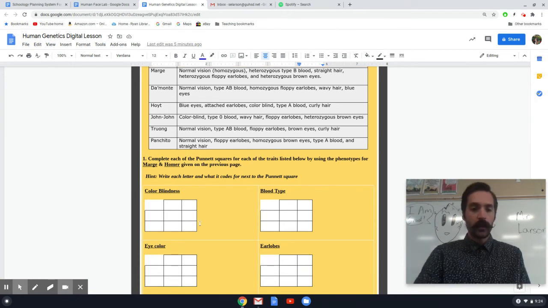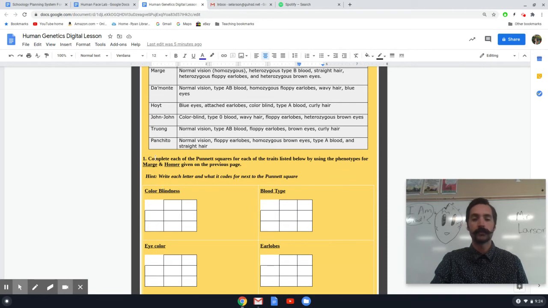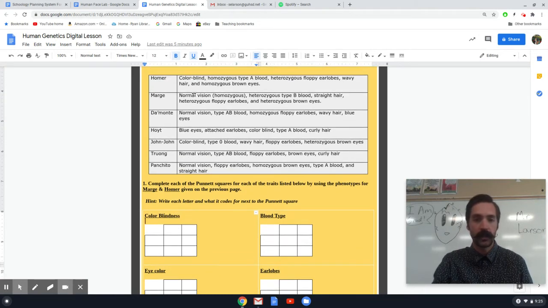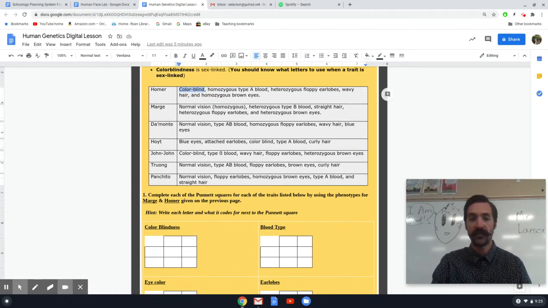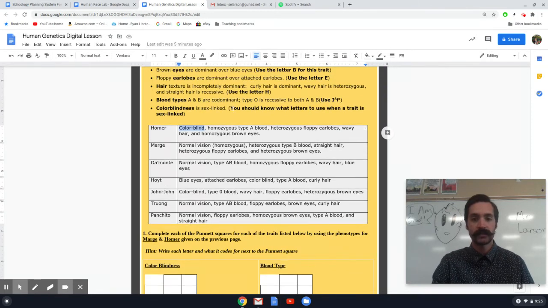To help out, with color blindness, we're first going to be looking at the phenotypes of Marge and Homer. I'm going to make sure that the top here is Homer, and the side here is Marge. So top is Homer, the side is Marge. The characteristic for color blindness of Homer is colorblind. It says right here that he is colorblind. Since he is colorblind, we're going to have to look at what that means. Colorblindness is sex-linked,